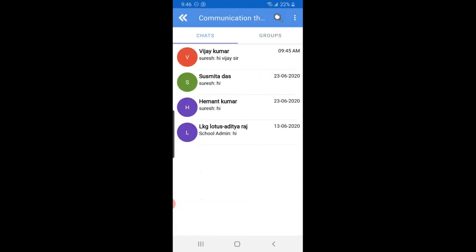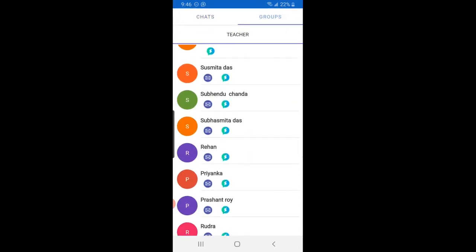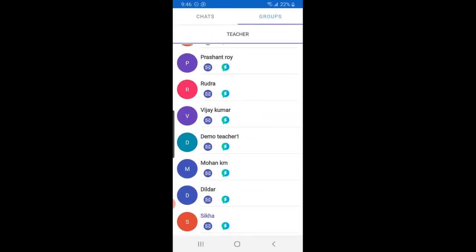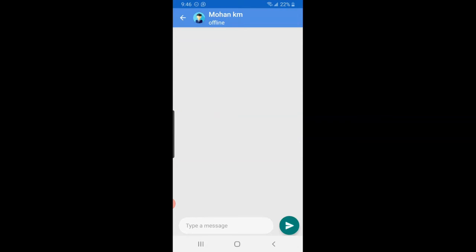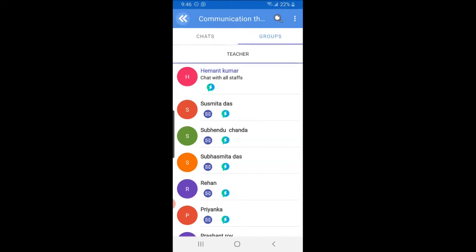In case you have any private chat, this will come in the chat. And in case you want to start a new chat, simply click on groups, teachers, and you can see the list of all teachers and you can simply click on the teacher's name. This is how you can communicate. You can communicate in private with all the teachers for your kid.